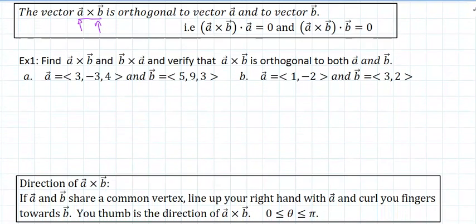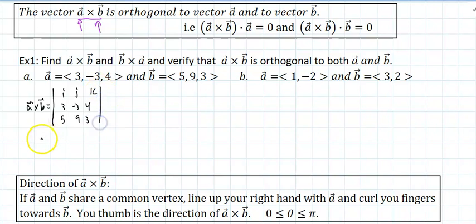I'm looking at example 1, part A. It says find A cross B and B cross A, and verify that A cross B is orthogonal to both A and B. Well, for part A, if I want to find A cross B, I, J, K, I'm going to list A first and B after, in that order. And that's going to be